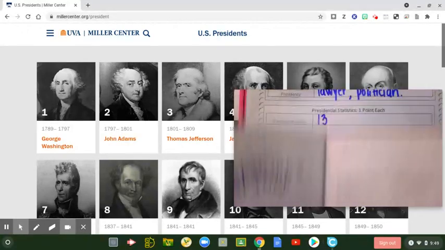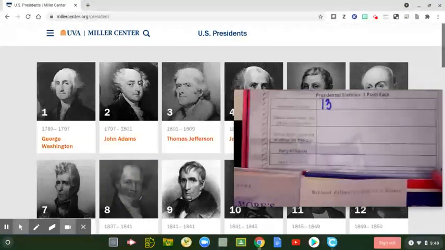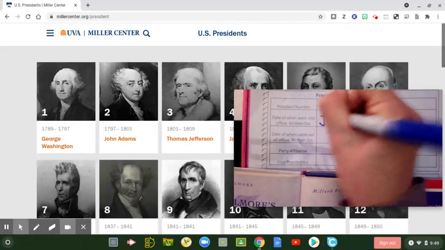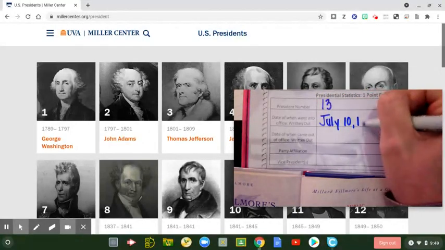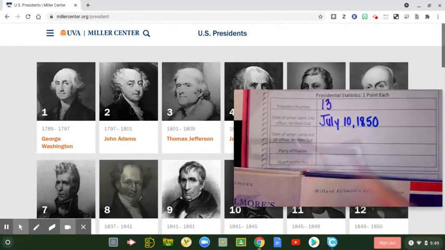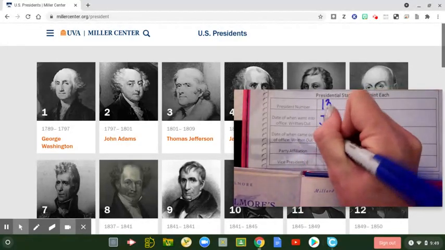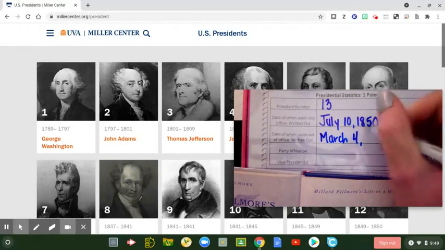Okay, so the first one is when he went in, and that is July 10th. We're going to write it out. And then when he came out of office, that was March 4th of